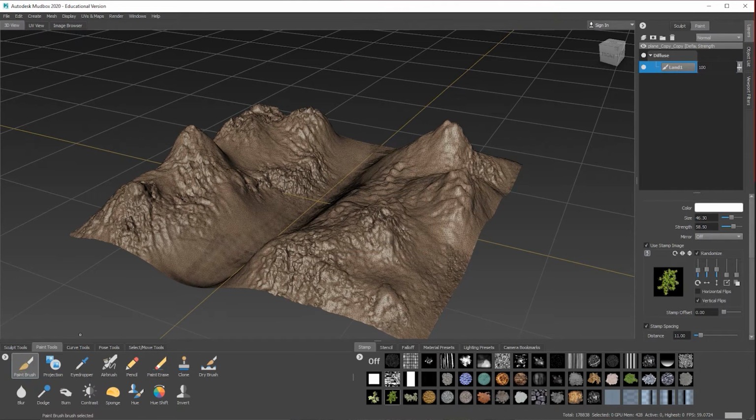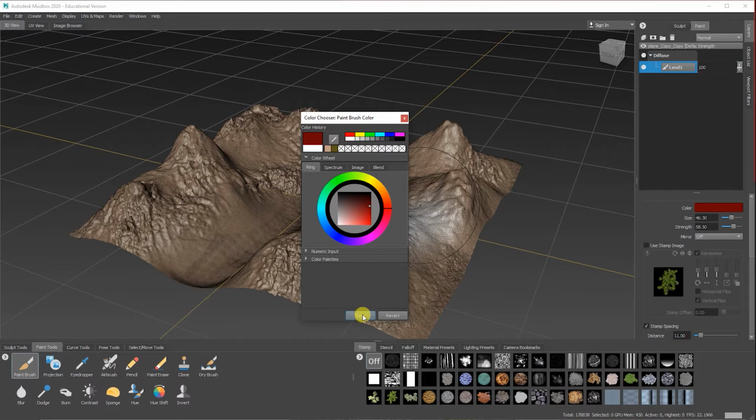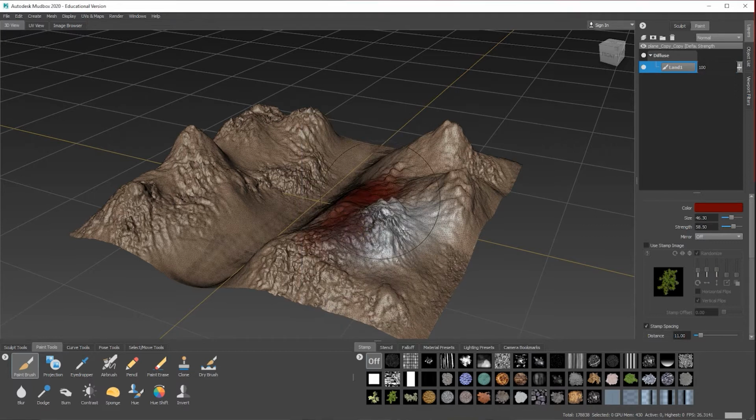Let's go on the brush, so turn the actual stamp off. If you're on the brush and the stamp is off, you're actually spraying whatever colour you're using in here. When you're using the brush and your stamp's not on, stencil's not on, you're using whatever colour. This is the same as the actual sculpting tools that I did in the introduction to Mudbox sculpting. You can use the strength and the size again, based on how you want to paint.